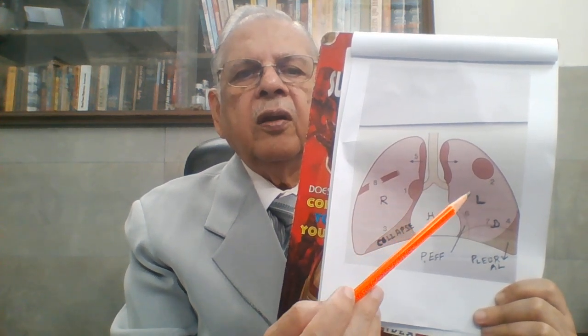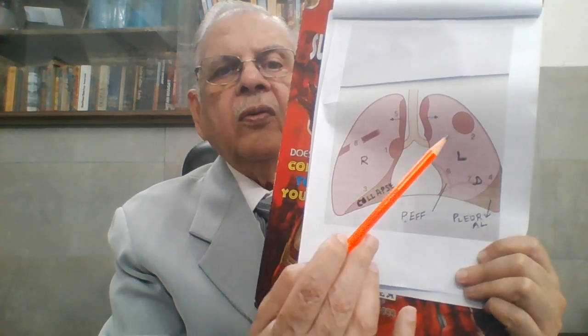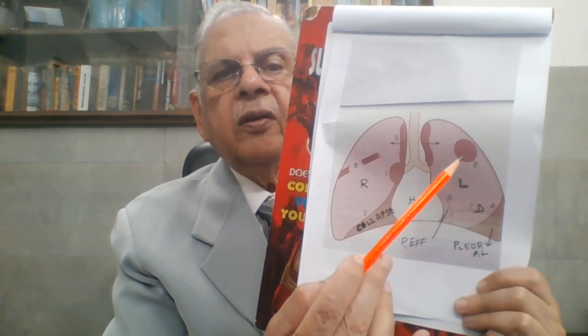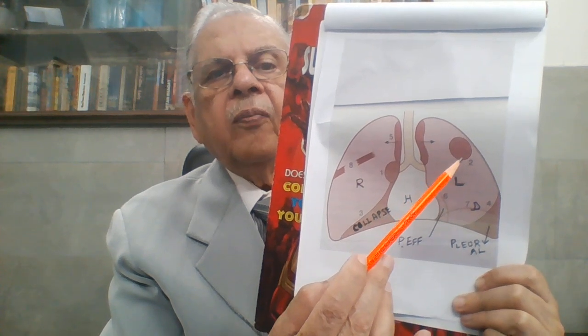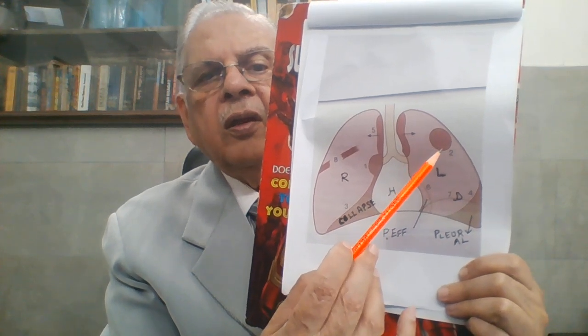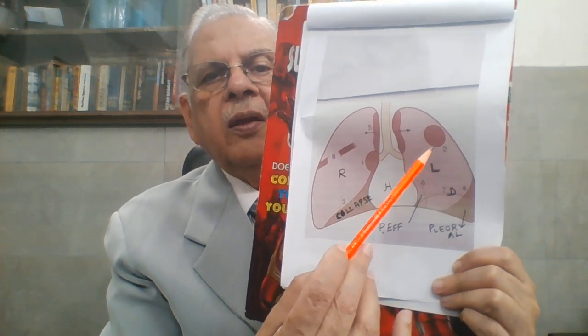The air goes through this trachea into the left and right lung. These lymph nodes are called paratracheal lymph nodes. If you go further, you see in the left lung this rounded opacity. This is a primary pulmonary opacity. This is also a part of the lung.